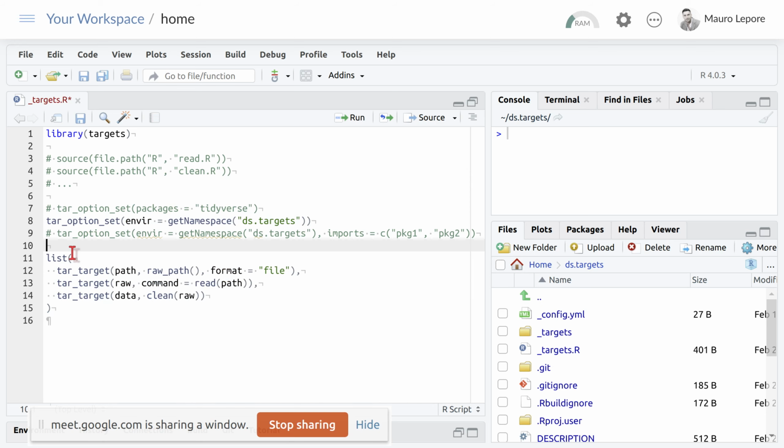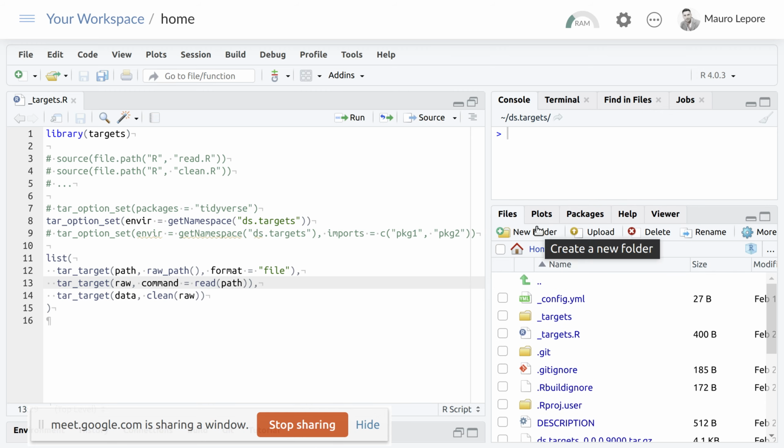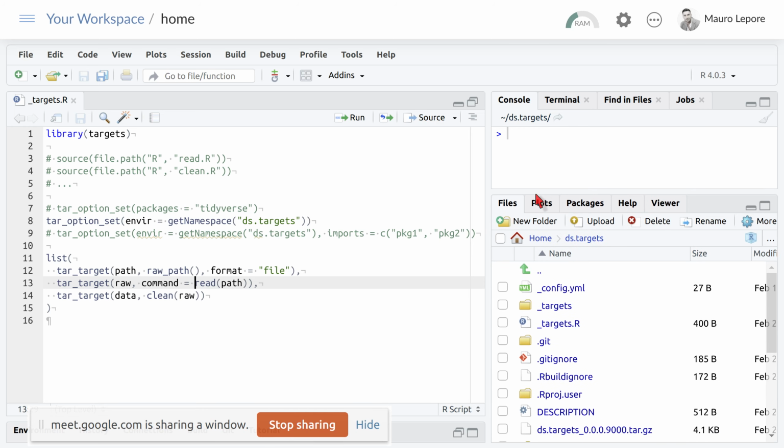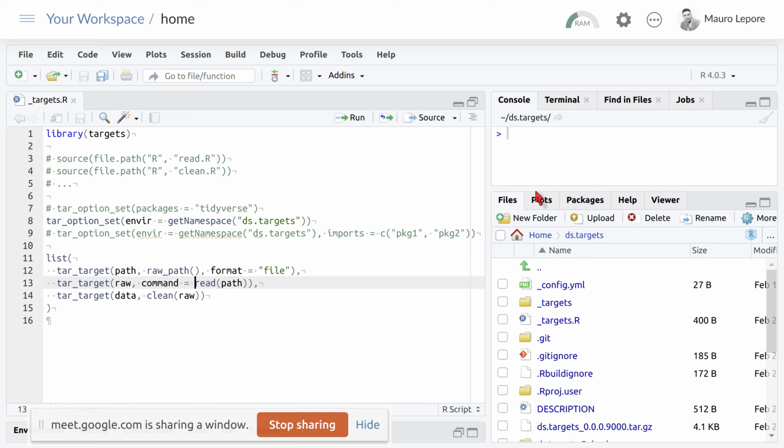Each of these lines is a separate target. It has a name, it has an expression, and that's about it. So that is why I'm saying this is a targets project. And today I'm going to show you how this project is also an R package. You don't have to do it this way. It's totally fine to have a project that only has a bunch of functions there, but